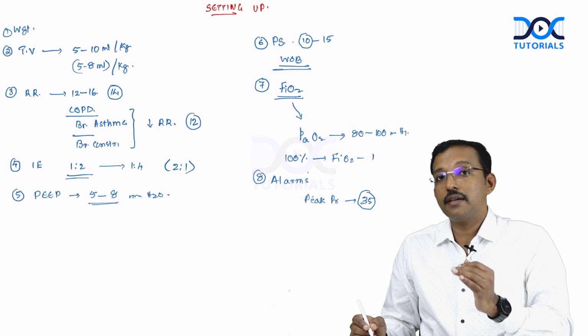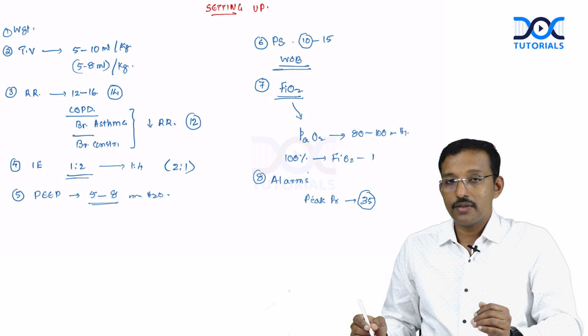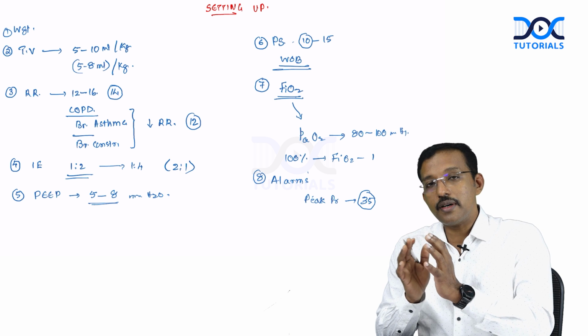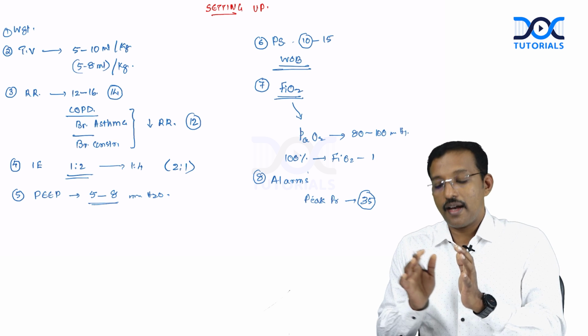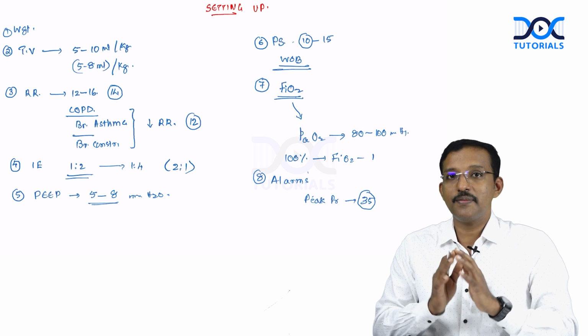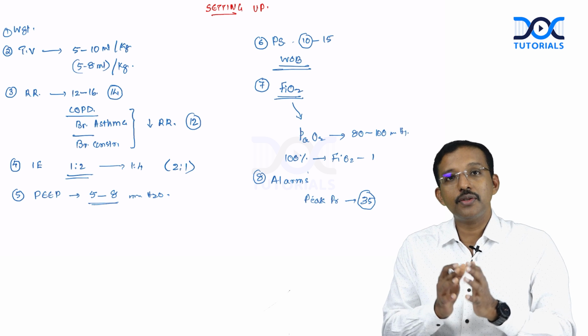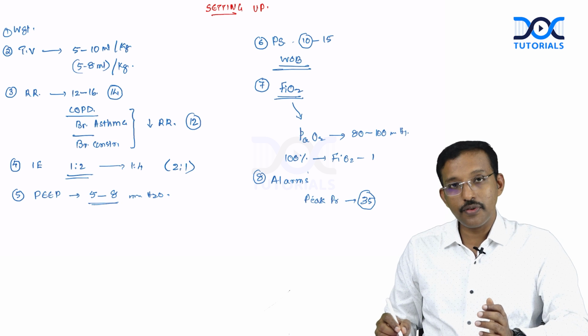In that case, anytime you can cause an injury. So these pressures are also important. I have given you an alarm concept also, and this will help you to set a ventilator. Understood? Along with this, you should also take care of a few things like